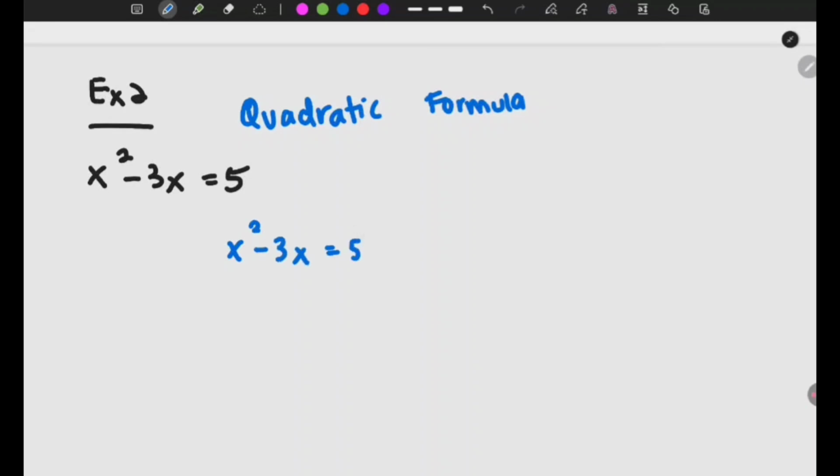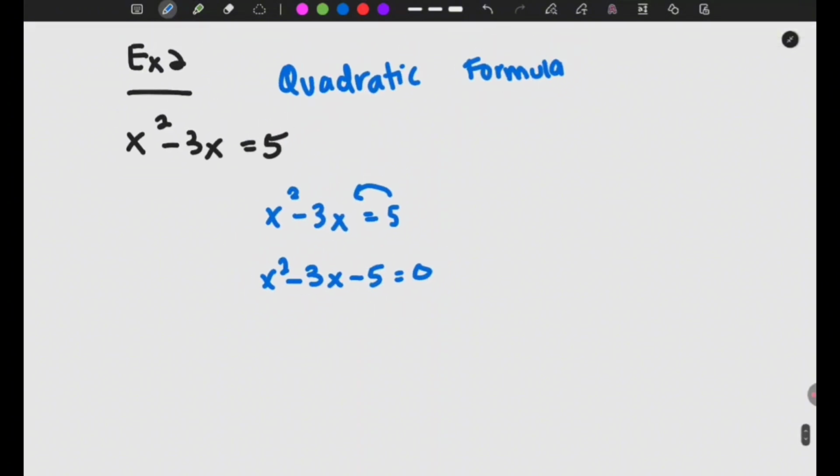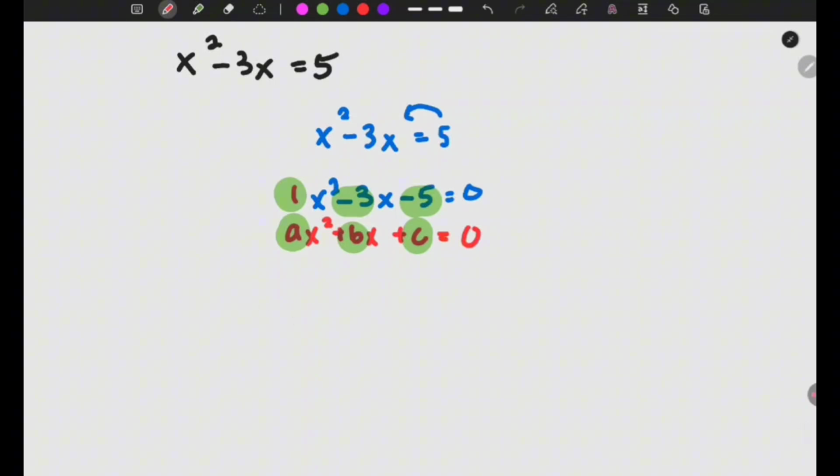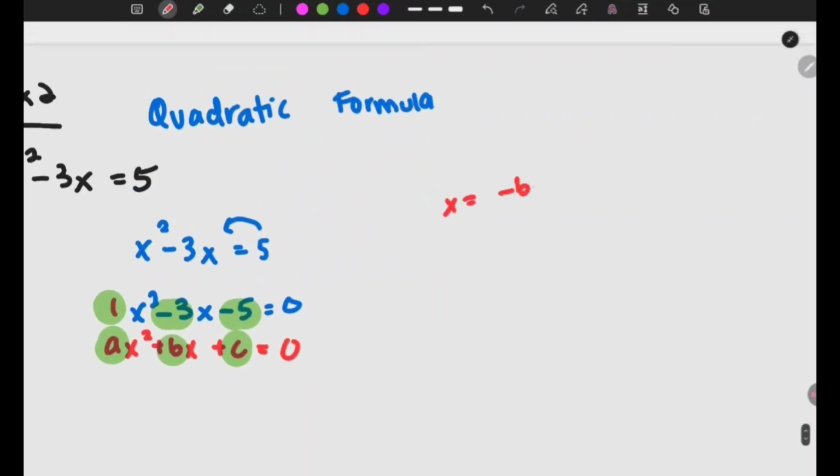And after here, I already see the general form, which is the ax squared plus bx plus c equals to 0. Here you go, my a is nothing here is 1, b is negative 3, c is negative 5. Nothing here means 1, and then sub inside the formula. Here's the formula, negative b plus minus square root of b squared minus 4ac over 2a. Just in case if you forgot, I write here so you actually can see and you remember. So x, negative b is negative 3 plus minus, and then again negative 3 square minus 4, a is 1, c is negative 5